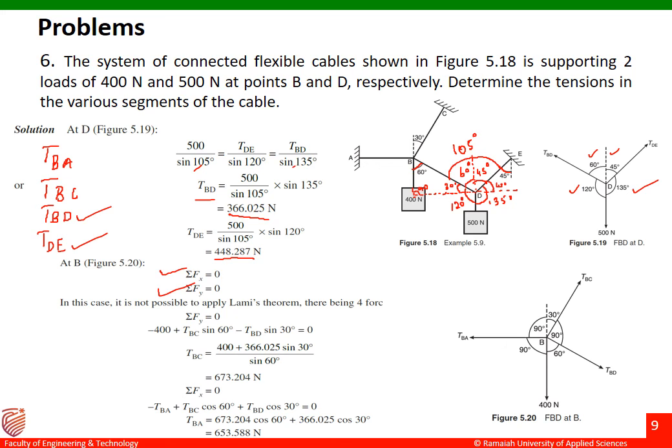Fine. First we'll apply the summation Fy equal to 0 condition over there. We'll find out what are the forces which are acting along the y direction. So you can see here, in this case it is not possible to apply Lami's theorem, because there are four forces. That's why summation Fy is equal to 0. So we'll write the expression for summation Fy equal to 0: minus 400, and then we have plus